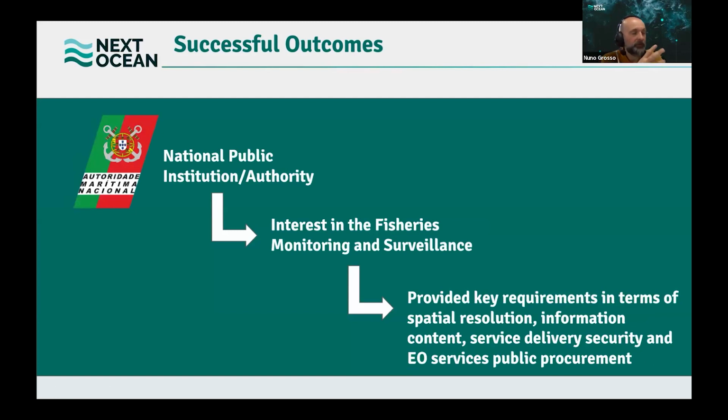Finally, we have two more. The Portuguese National Authority, which is a national public institution and authority. So this represents a bit the public sector, which was one of the target markets of NextOcean services. And they were mainly looking at one specific service that they were mostly interested in, the fisheries monitoring and surveillance,